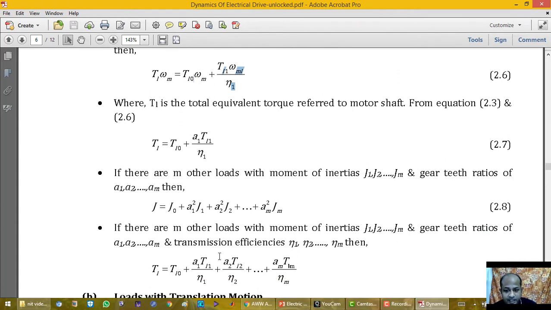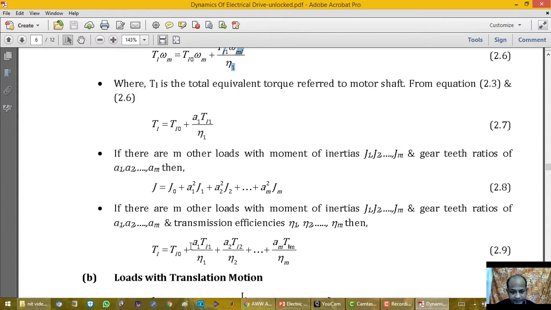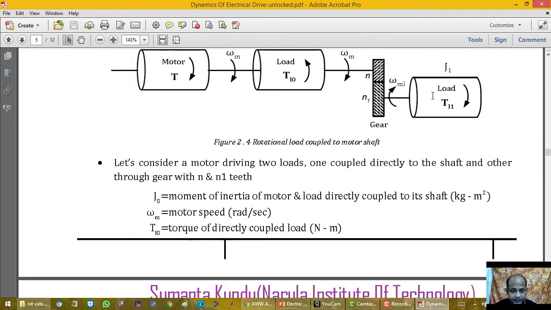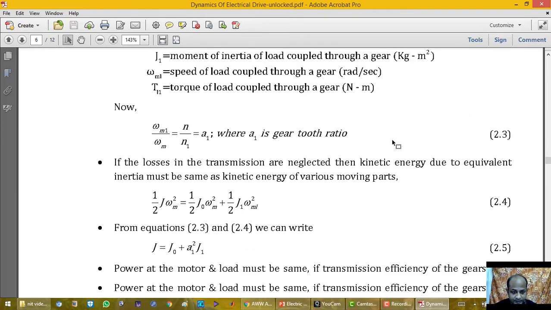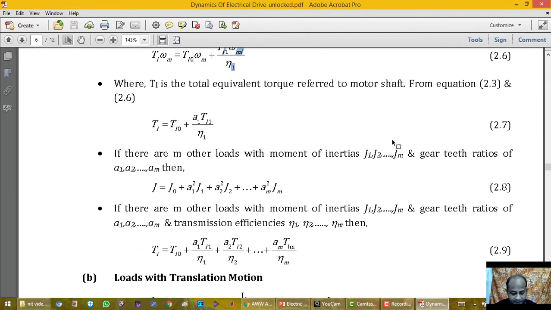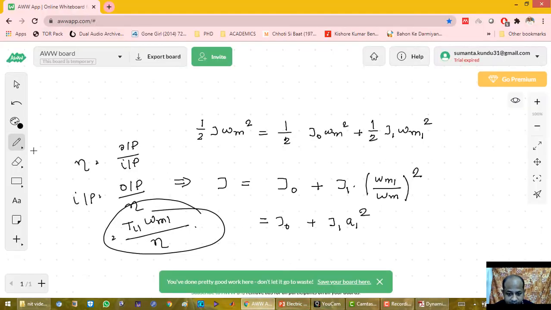And a similar thing will happen with this. A similar thing will happen with this. Now here, this load is connected through this gear system. This load can also be connected through a belt driven drive. Now for a belt driven drive, the ratio which was the gear ratio in case of gear, here it will be